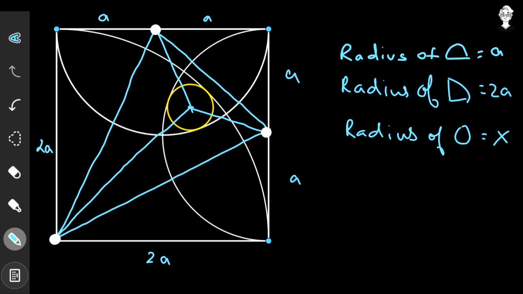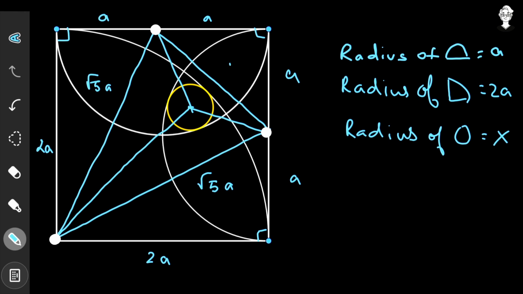So here we have a right angle triangle because this particular corner is a right angle, since it is the corner of this square. So here we have this particular right angle triangle. One of the sides is a and the base is 2 times a. So by the Pythagoras theorem we obtain the hypotenuse is going to be square root of 5 times a. Now the same thing in this right angle triangle, and we will get that the hypotenuse is square root of 5 times a.